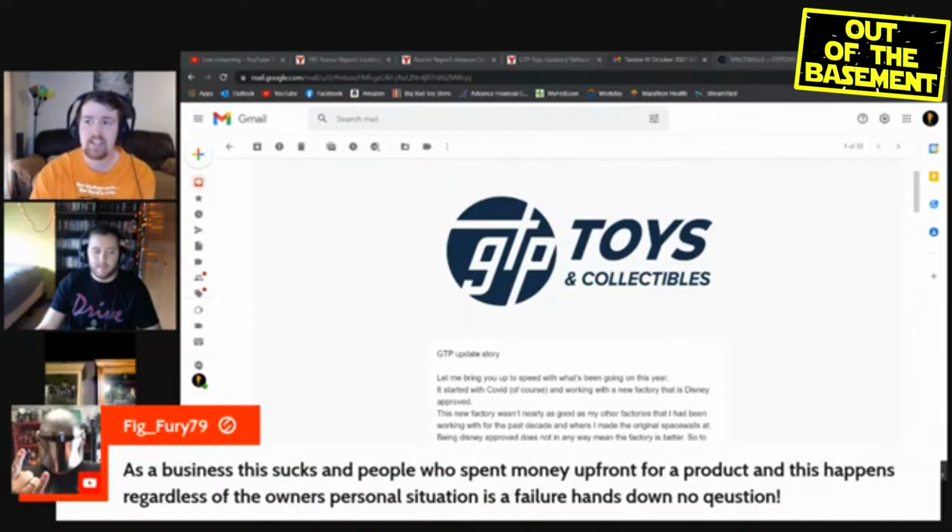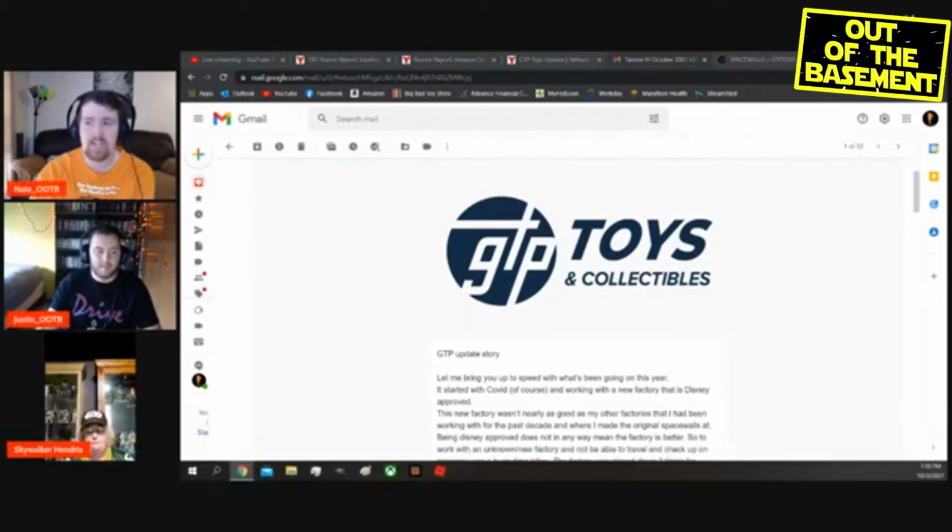Because clearly the set did not sell well, extremely low interest. I was genuinely shocked when I saw that they had only sold about 490 sets. I didn't think it was that bad, but apparently it was. We've talked about this before. Other companies do stuff like this that are officially licensed by Disney, and they have no issue updating their communities and such. So I don't know if that's a scapegoat. Because of Disney, I couldn't say anything, or...